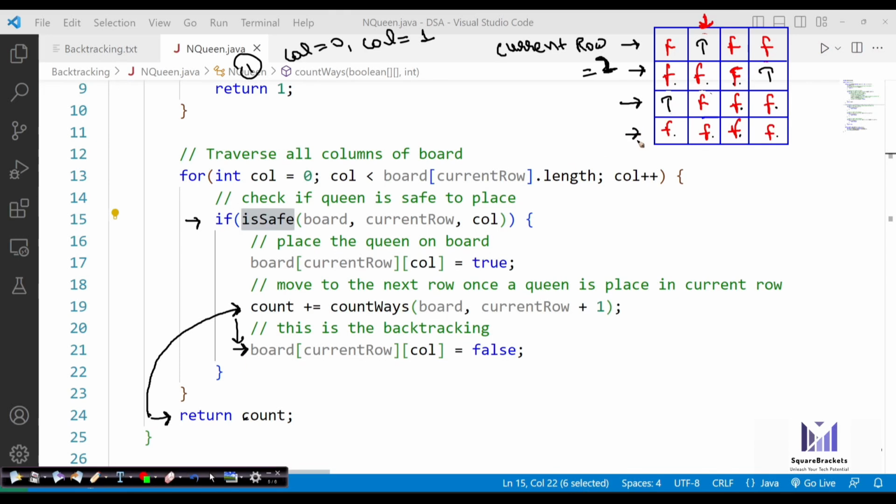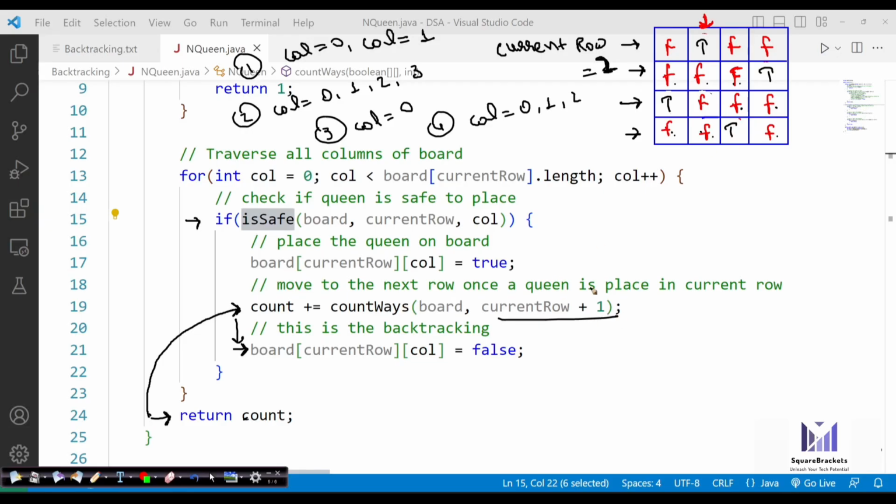Then the last one. You can understand that the first time the iteration was 0 and 1. The second time the iteration was 0, 1, 2 and 3. On the third iteration we got true. The third time the loop executed only for 1. The fourth time the loop executed for column equals 0, 1, 2. So first it became 0, then 1 and then 2. So now here it is going to put true. Finally, once it puts true, current row plus 1 will become 4. Current row was 3 and now current row becomes 4.